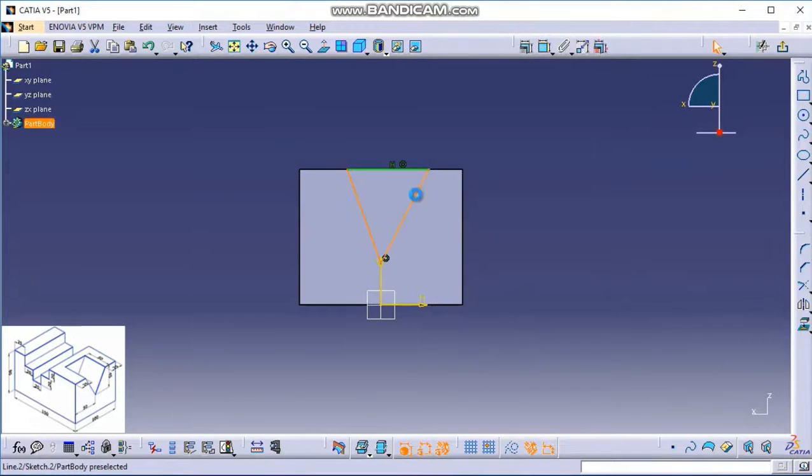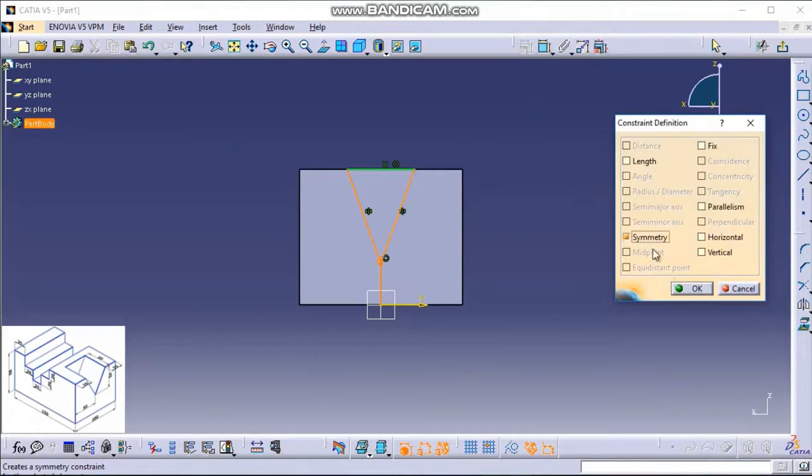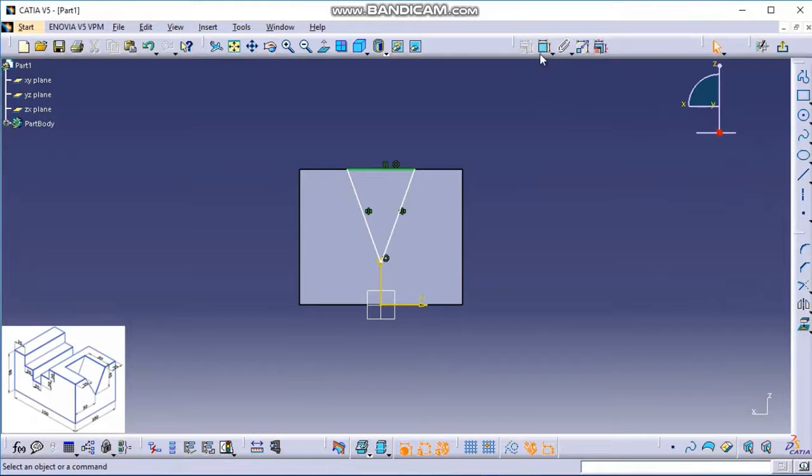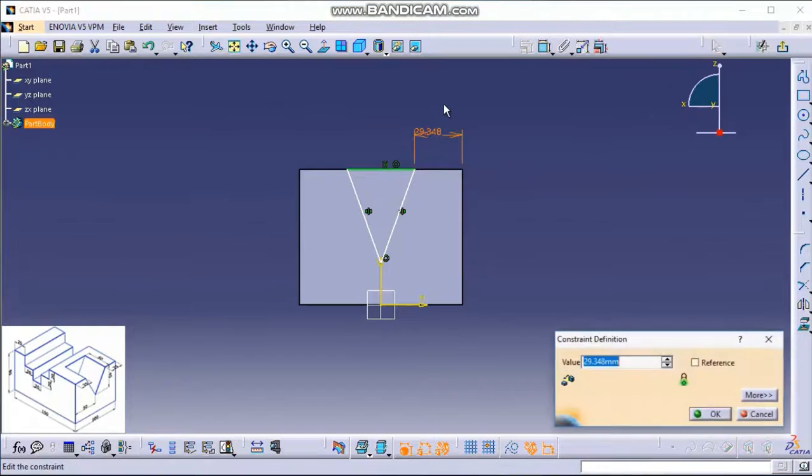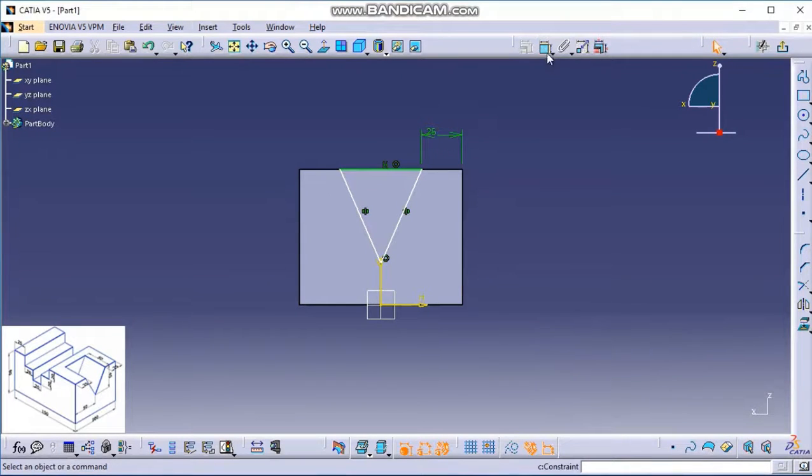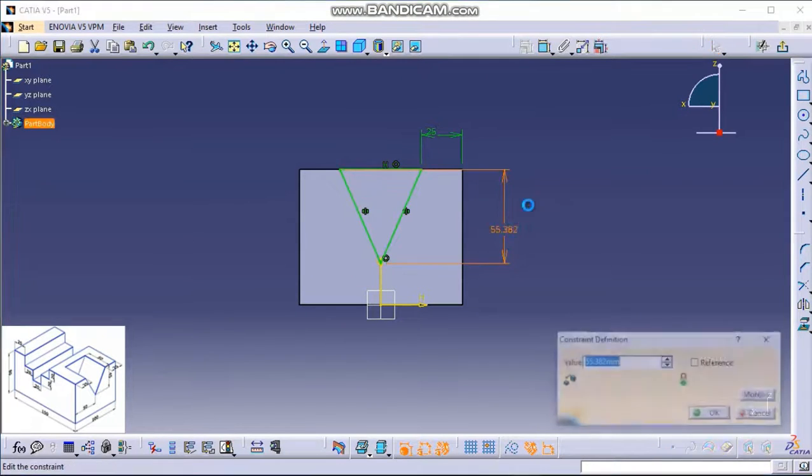We'll take this line and this axis, symmetry. Now we'll give the dimensions. From this edge to this point, this value is 25. Now from this top to this point, this is a value 45.